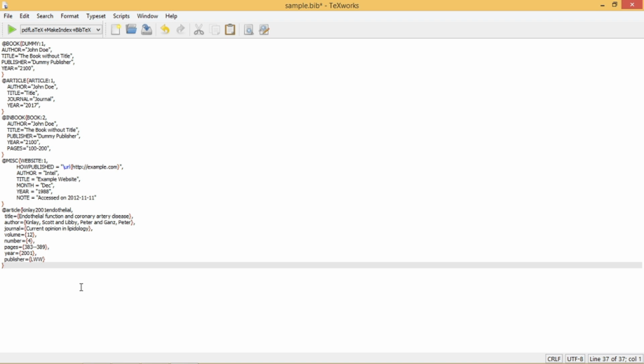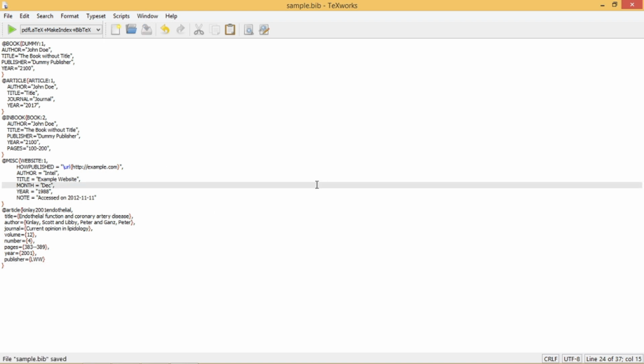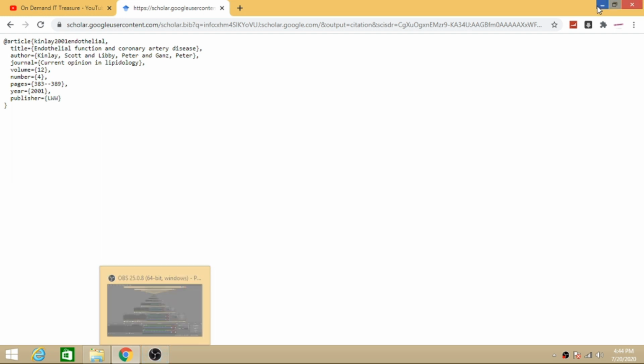Similarly, you can maintain that file by copying other references in this file. At the end you will get the number of records that you are going to cite in your paper. So friends, this is the file of your database. In the second step, I will tell you how you can include this file in your main article file, how you can specify the style in the third step, how you can mention your style in which your references will appear in your output, and how you compile this file in the fourth step.